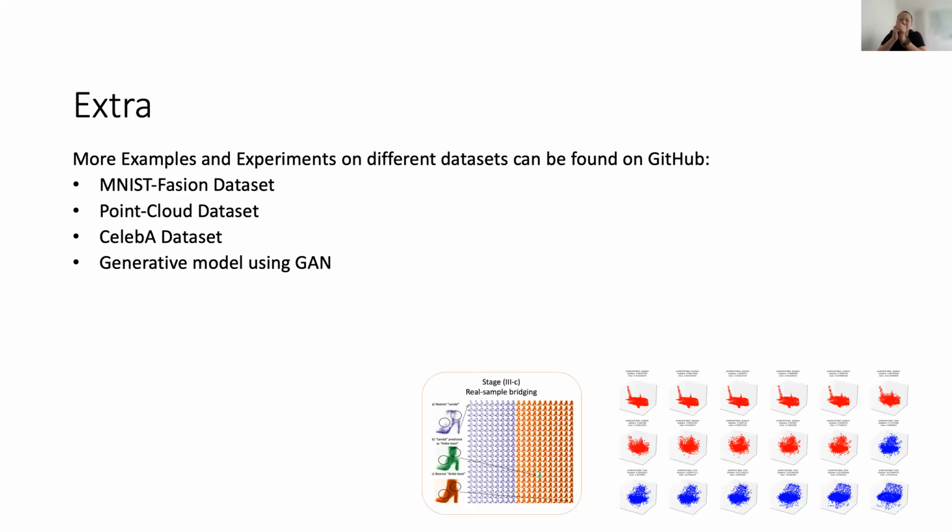We have extra examples and experiments on different datasets that are provided on the GitHub page. We encourage you to explore our GitHub page as shown in the paper. We've tried the MNIST fashion dataset, we've tried a point cloud dataset, we've tried the CelebA dataset, and we've tried different generative models, including models that are based on